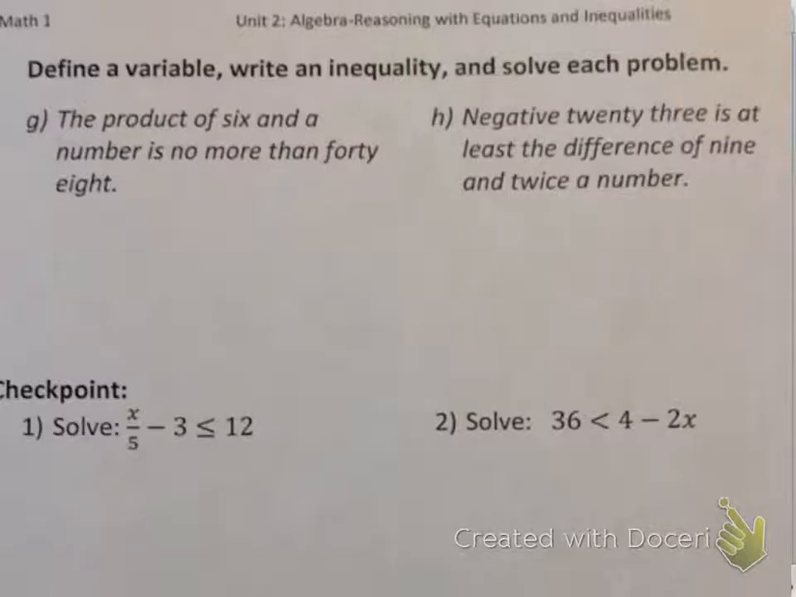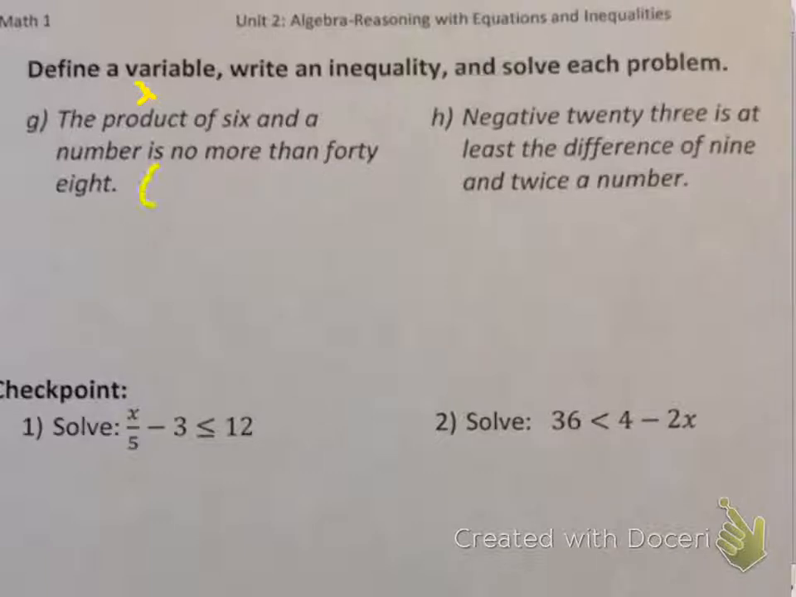All right. Two last problems I'm going to do for you today because the last part of this worksheet is a checkpoint where you're supposed to try them yourself. So the last 2 problems on here that aren't on the checkpoint say define a variable, write an inequality, and solve each problem. So G says the product, first of all, let's remember that product means multiply, of 6 and